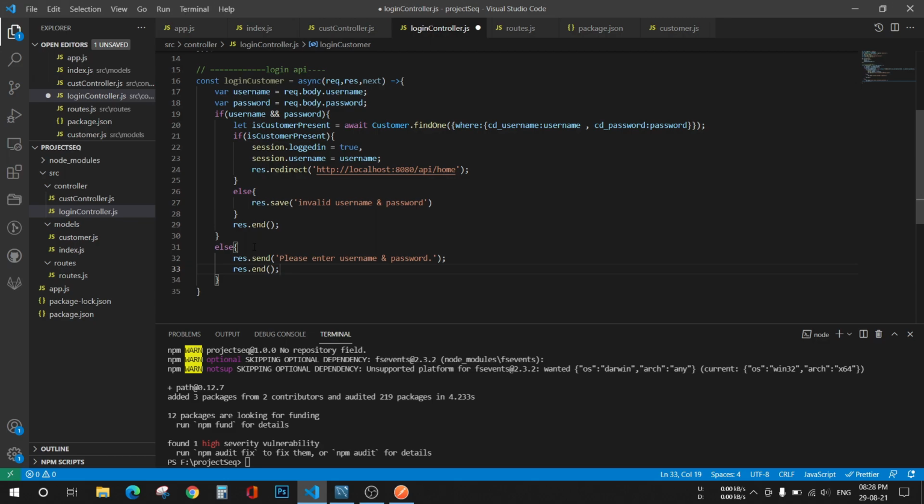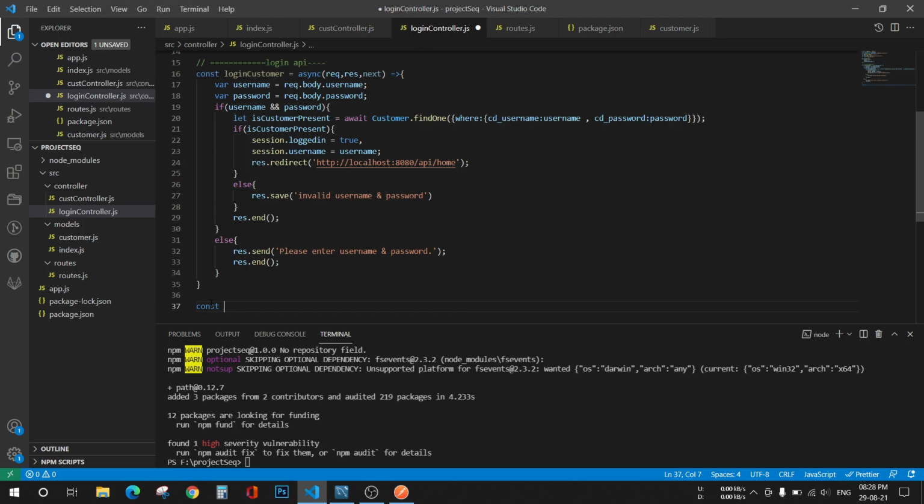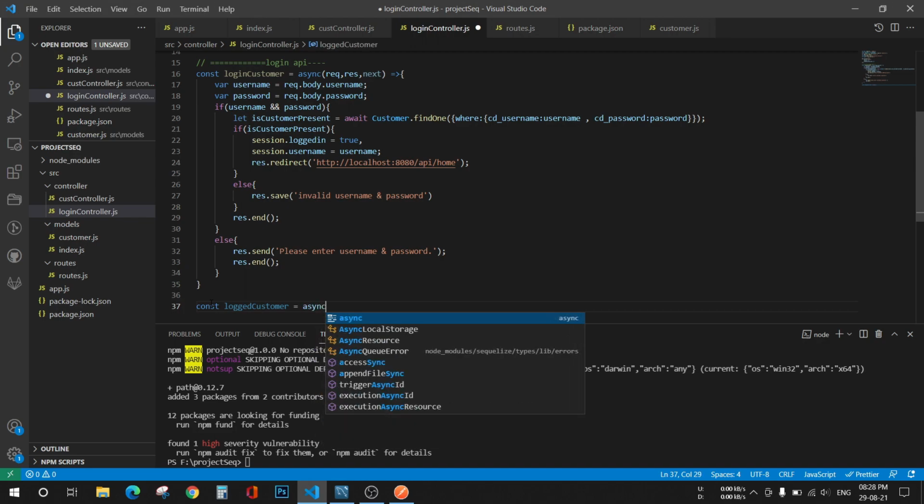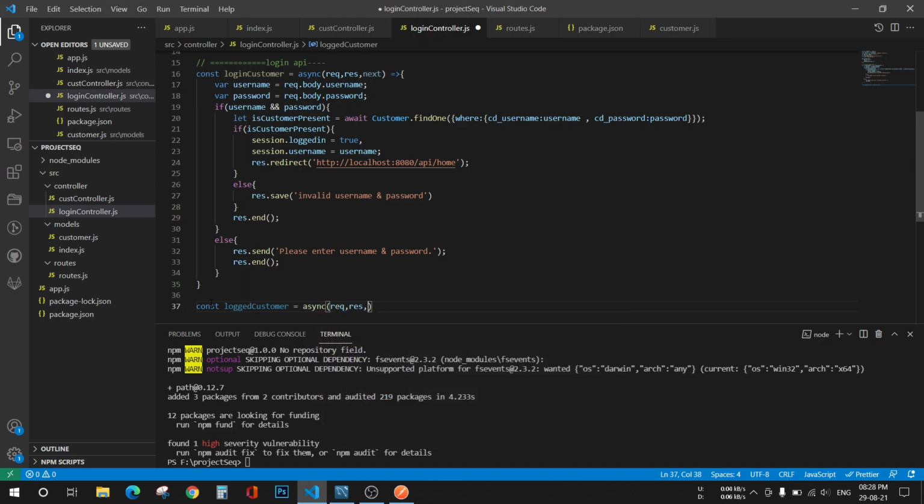Now we have to make a get call. So const loggedCustomer equals async request, response, next.